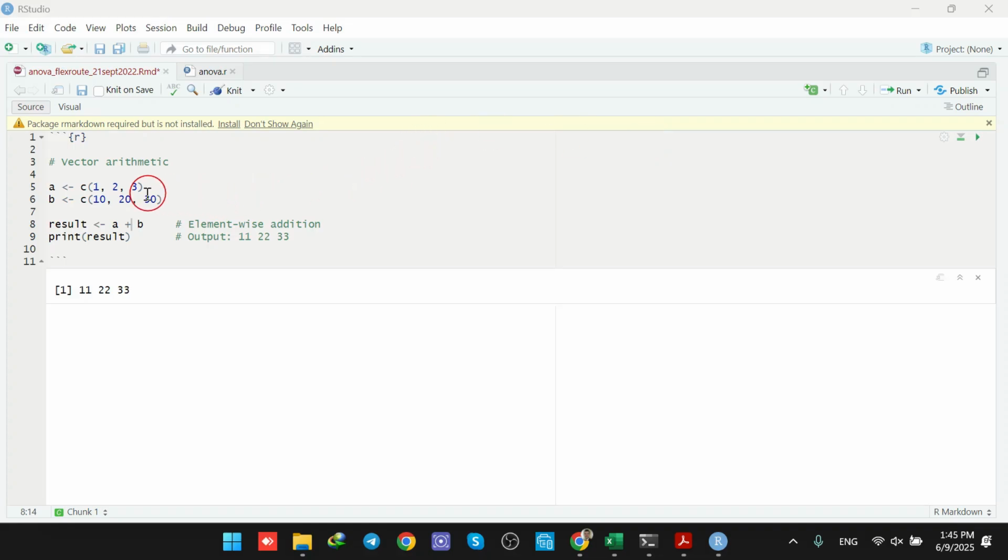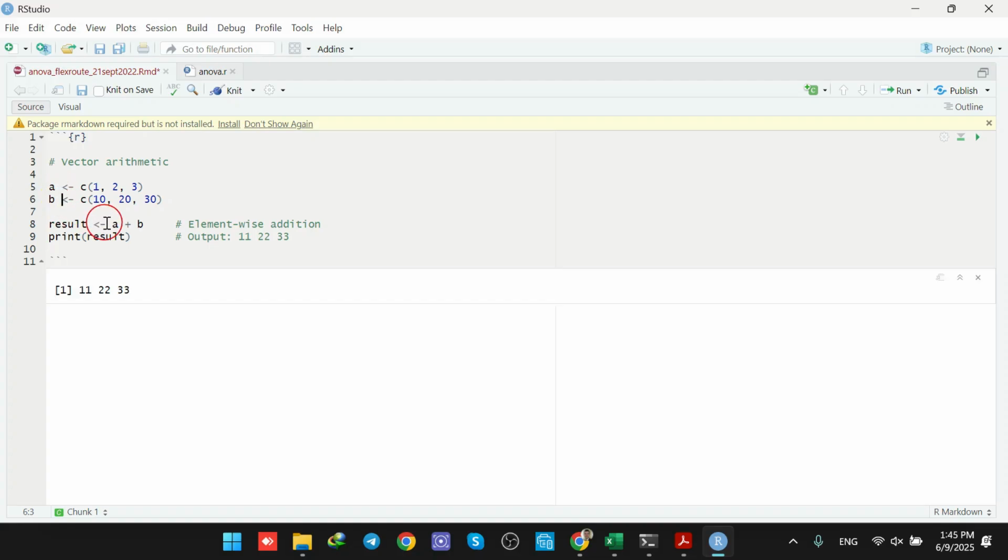So here is my first vector that is called A, and these are the elements of the vector A. So 1, 2, 3 is assigned to a vector called A. Numbers 10, 20, and 30 are assigned to a vector called B,